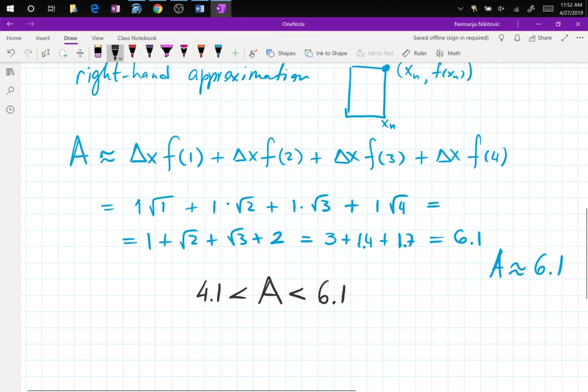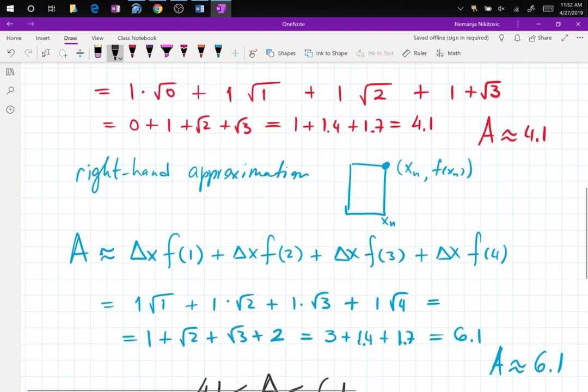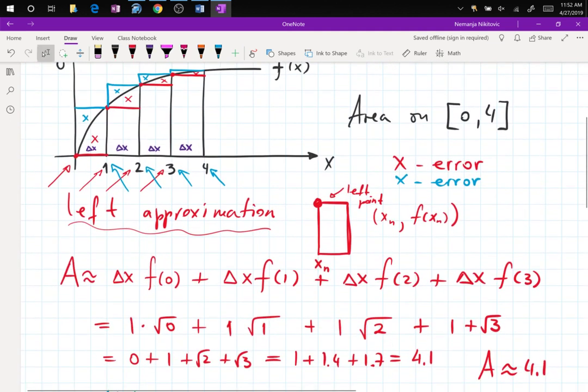I just hope that this makes sense. You are chopping up the shape into these rectangles. And the rectangle, you either draw the rectangle, right, for a chosen strip. You either draw the rectangle from the left for the left approximations, or from the right for the right approximations. They're both going to be wrong. Some are more wrong than others, right? But